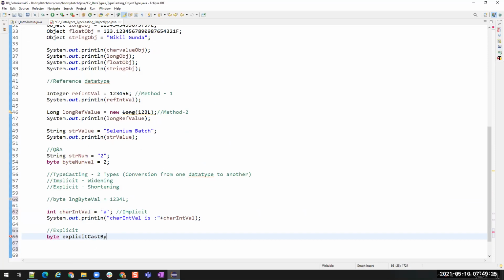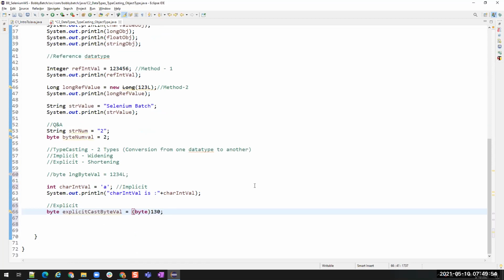So if I try to store 130 inside a byte by explicit conversion, let us store that: explicit cast byte value is equals to 130. So 130 will be out of range of byte, so it won't be able to convert this 130 into the byte because byte has lower memory and integer is going to take more memory than what is allocated for byte. So I have to convert this. To convert this, in front of the value, just add small braces and mention the type that you want to convert to.